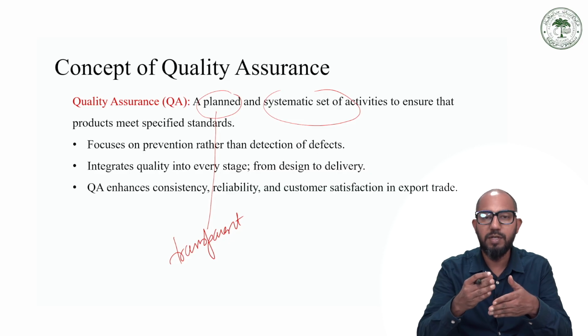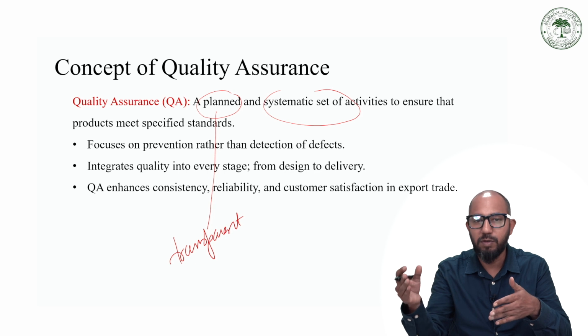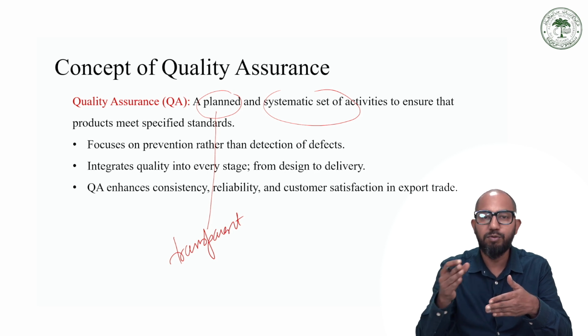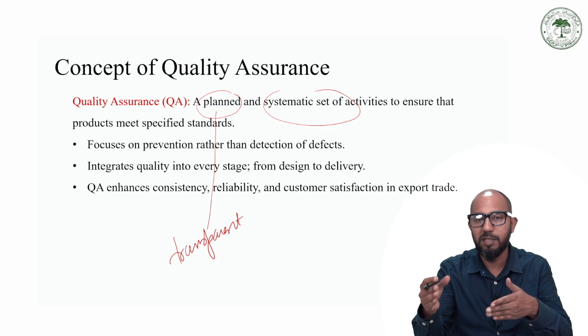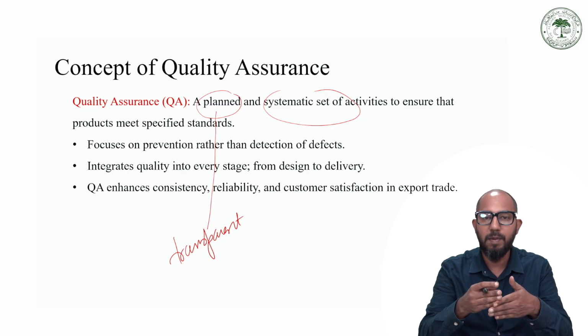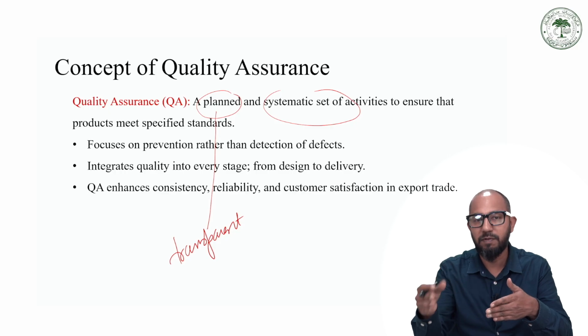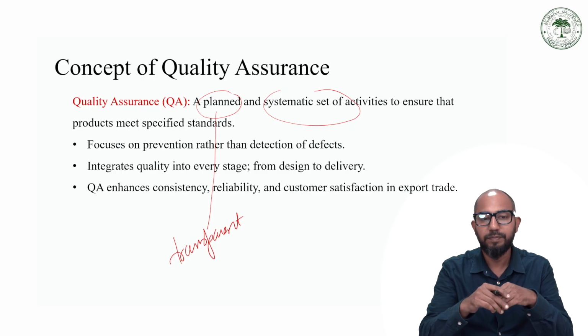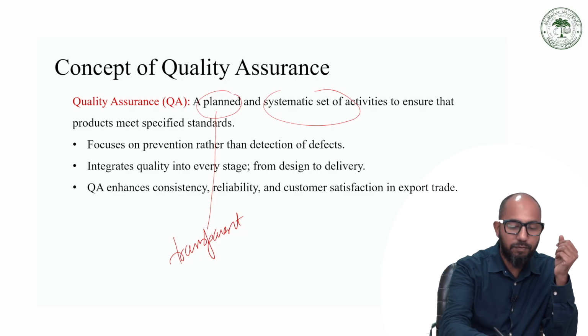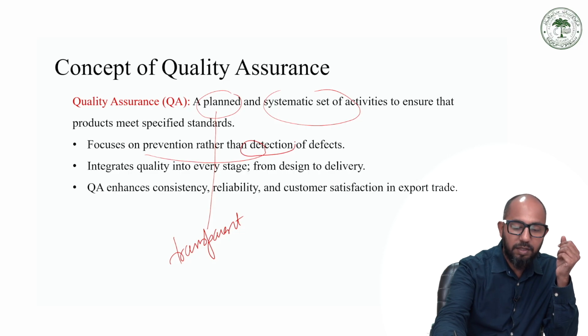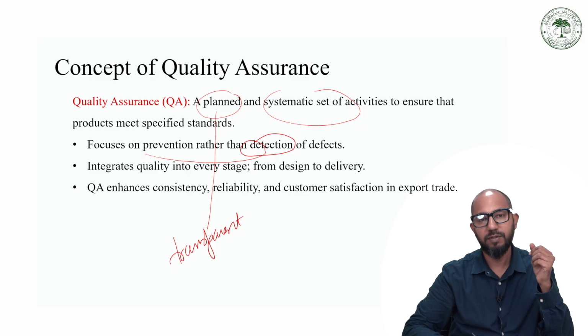Quality assurance is not about physical inspection only. It is also about checking the samples. It is also about the promises made in the export contract. It is also about the regulatory issues as well as the safety norms. The quality assurance key feature is that it focuses on prevention rather than detection of defects. That at the first step there should not be any defects, because if defects are found then the product will